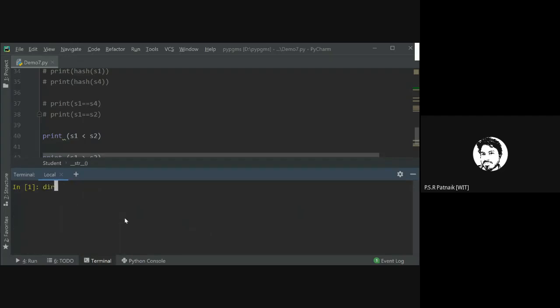For an integer, if you do dir of integer, it gives you a lot of methods. These are all called magic methods. You can see LE, LT and all that. I'll share a good link with you. Go through that, and you will understand what magic methods are.